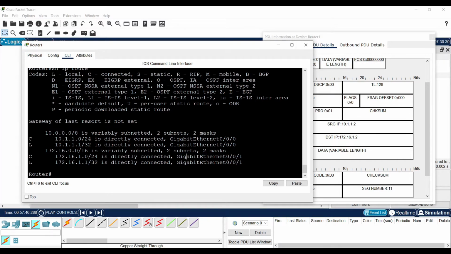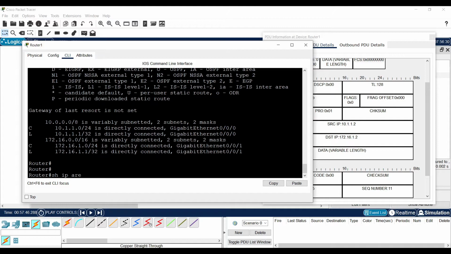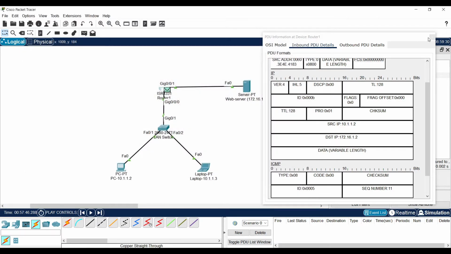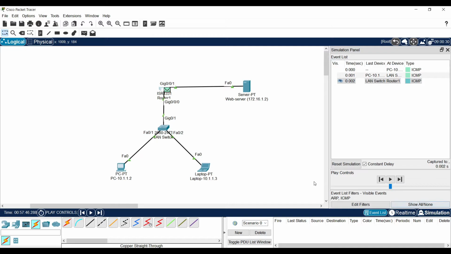But before passing through this interface, it has to get the hardware address. We can find the hardware address of the next hop easily. There is a command, show ip arp. You may verify the ARP table. In this table, I can see the destination to which I need to forward the traffic. The ARP table gives me the corresponding hardware address and the interface. Now the router can easily forward the IP packet to the destination network.